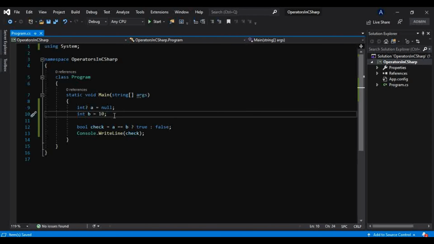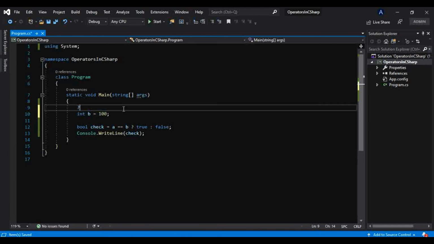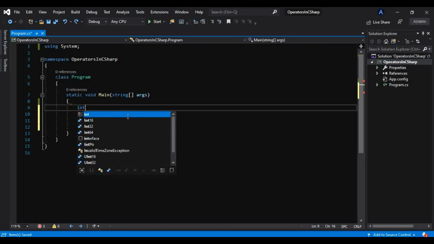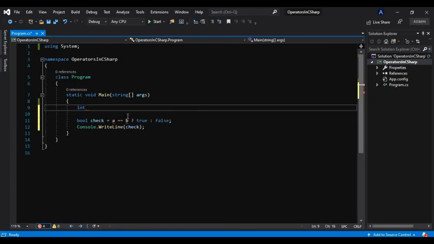Now the null coalescing operator is denoted by this double question mark, and why we use that, I will show you. For that, let me give one example. We have this integer variable, and by putting this question mark here, we can store null value to this.